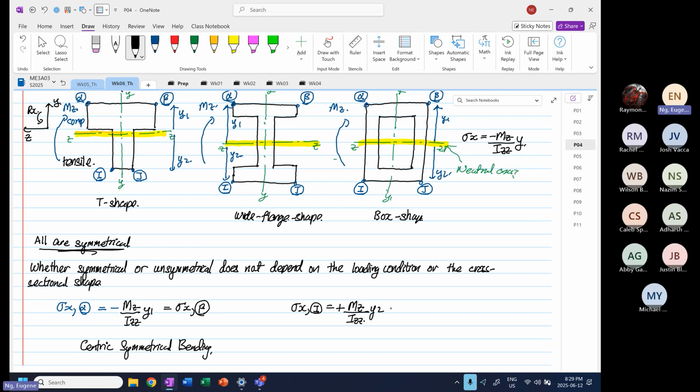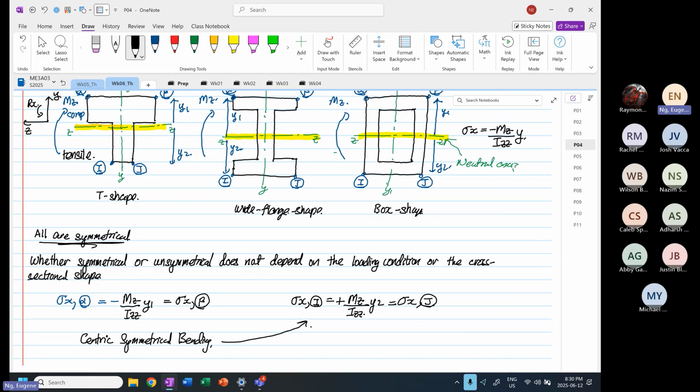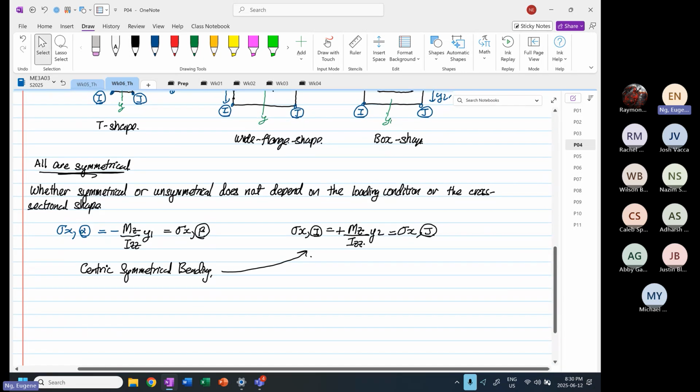And this happens to be also equal to stress X at point J. Both are in tension. So again, when this is the case, it satisfies the requirement of centric symmetrical bending. So therefore, symmetrical bending